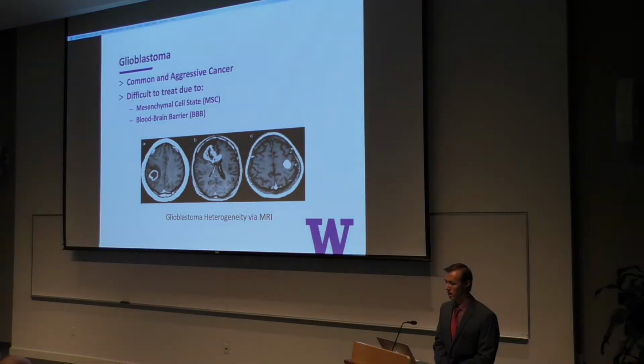Glioblastomas are among the most common primary brain tumors in adults and are notoriously lethal. Only about 2% of patients with glioblastoma are able to survive 5 years past the date of diagnosis. Current treatments for glioblastoma include the use of chemotherapeutics or radiotherapy. This is a problem because glioblastoma has the ability to develop resistance to these treatments and thus make rehabilitation nearly impossible. Studies have shown an association between high mesenchymal cell state in glioblastoma cell lines with the ability to develop